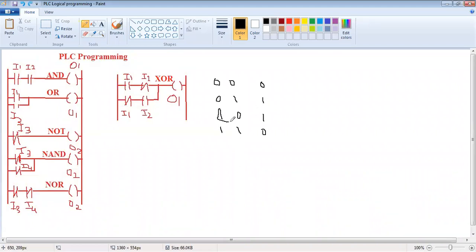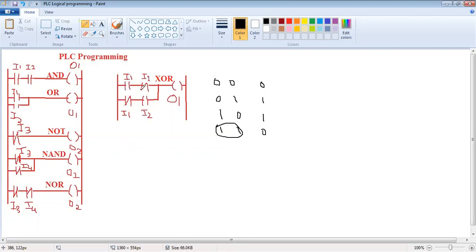In the third case, here I1 is applied 1, so this is conductive, and 0 is applied to I2, hence current will go through the upper part, so output is on. Next is 1 1.